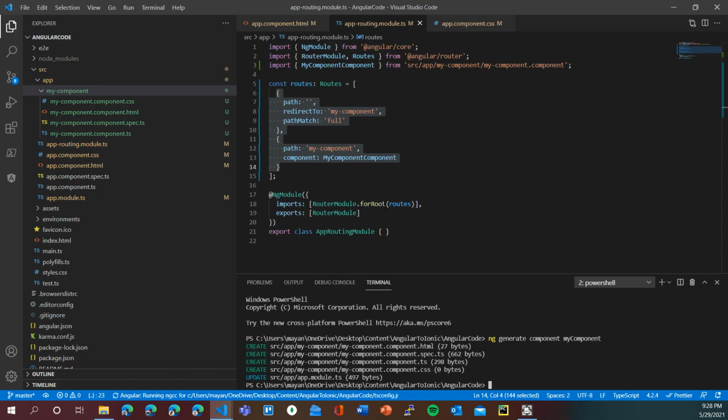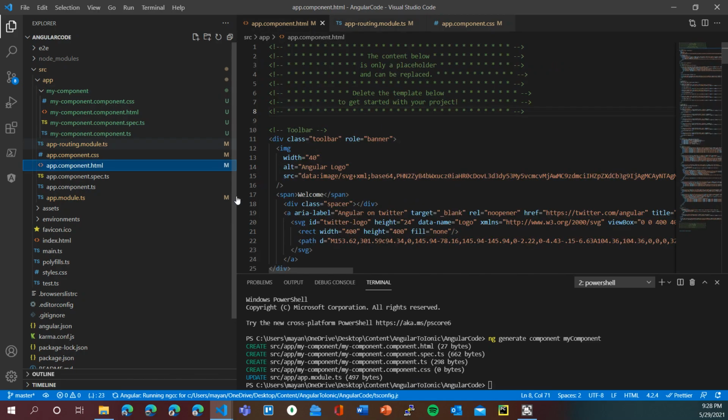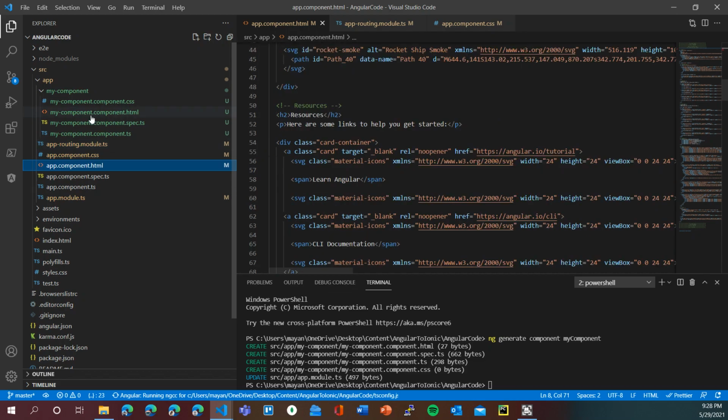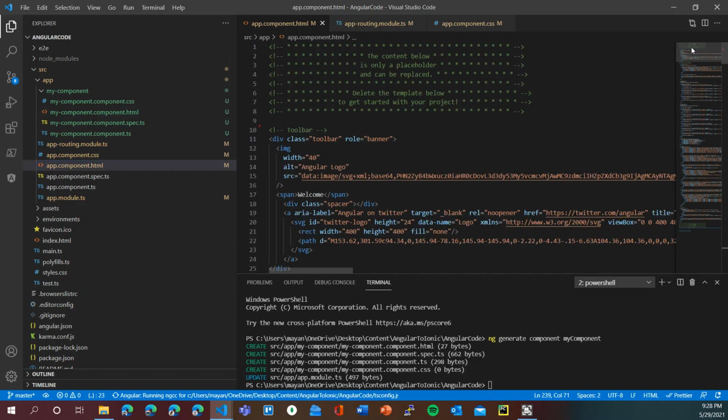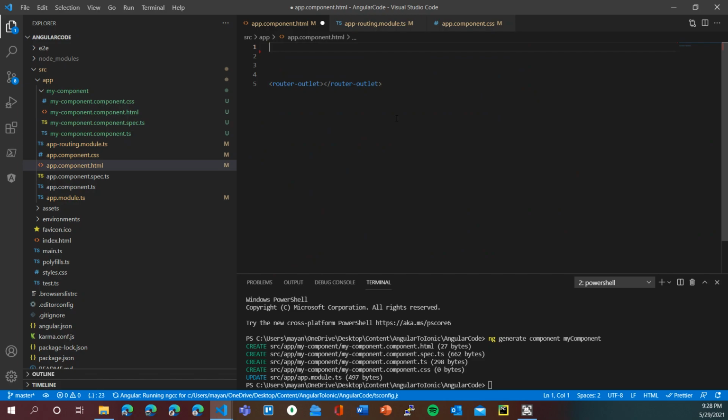Okay, so let's transfer our app component code, which we usually keep empty, to my-component.html. So I'll remove all the code from here. Just let router outlet be present over here and transfer the code to my-component.html.